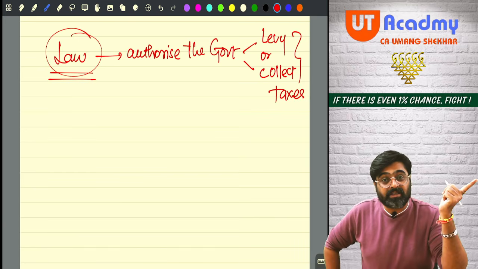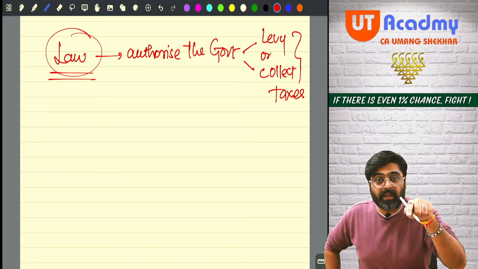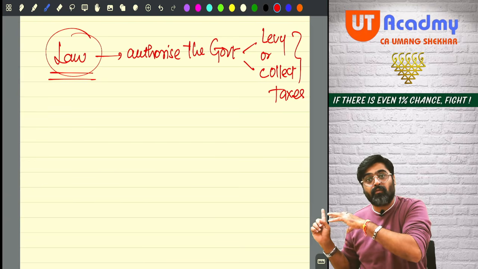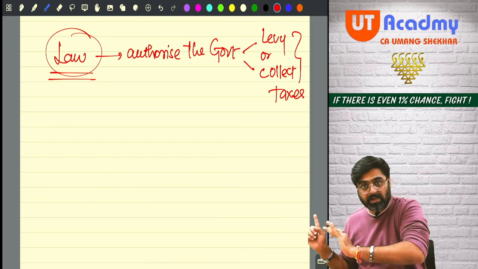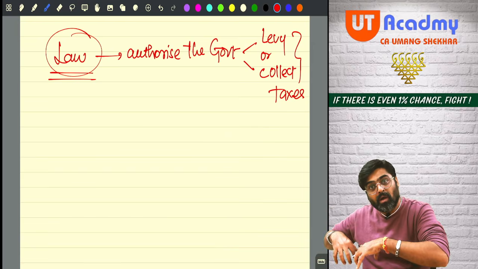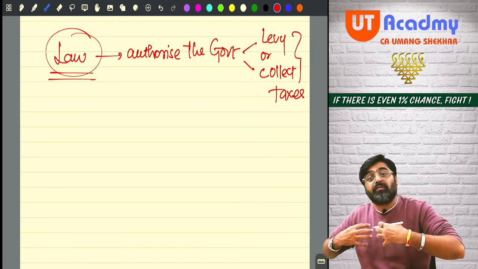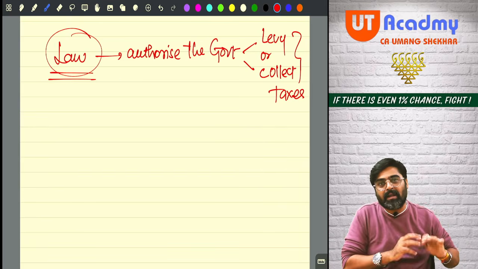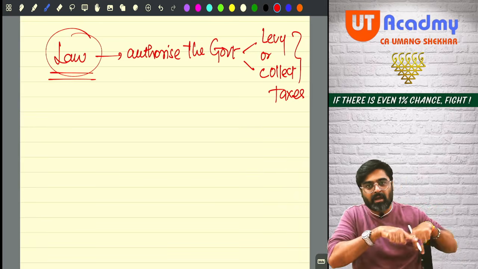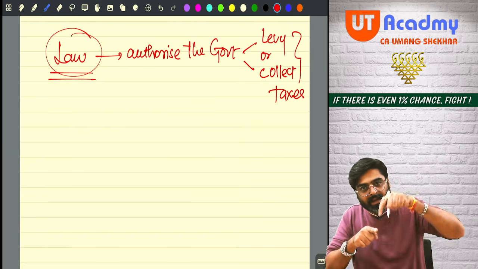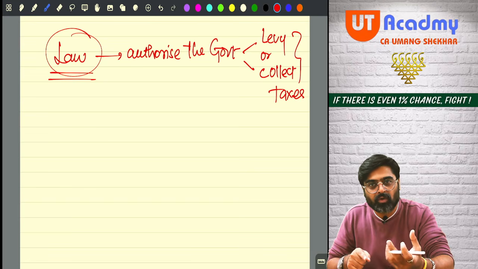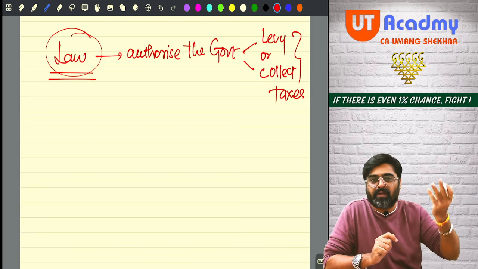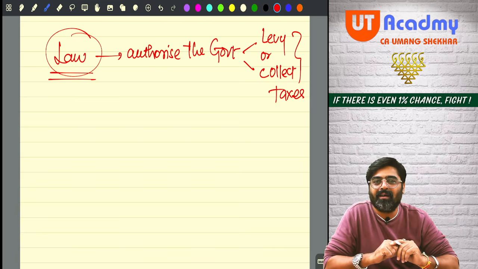So there is a restriction that the government cannot levy and collect taxes on anything without the authority of law, and without that authority of law the government cannot charge. But making the law is a power to the government. If, just for example, the power to make law is also with the government, what will the government do? First, the government will make a law on its own, and from that law it will give the power to itself to charge tax on your breathing. Then Article 265 does not make any sense at all, no?